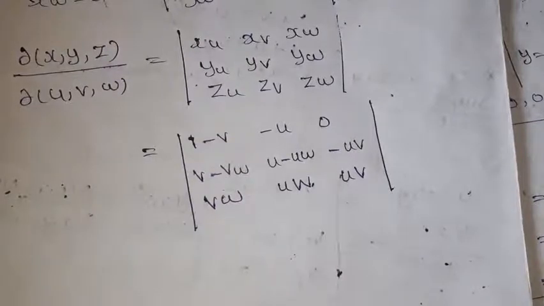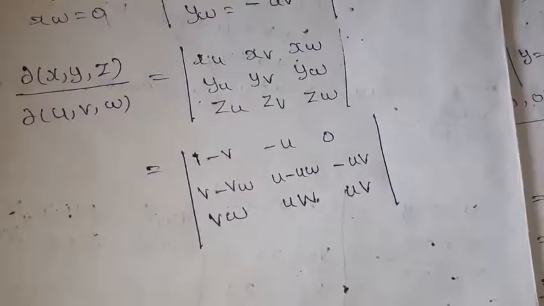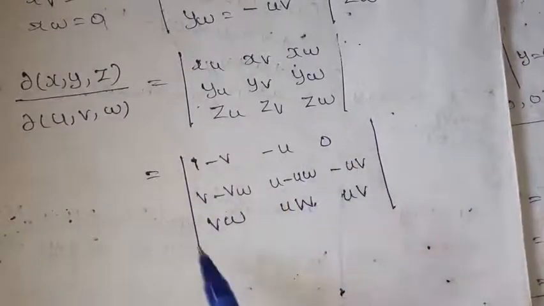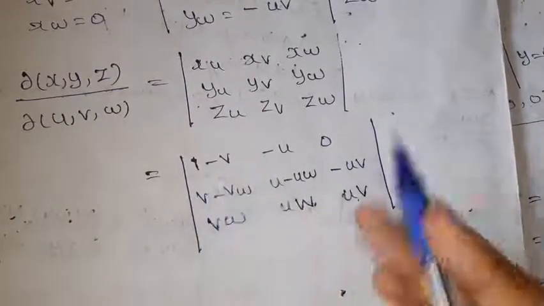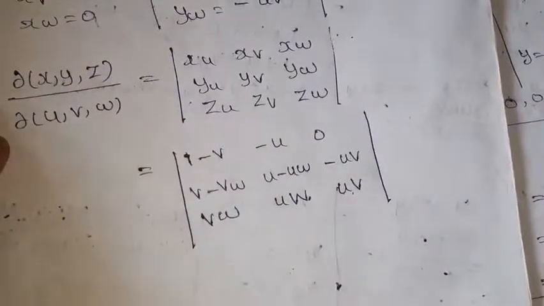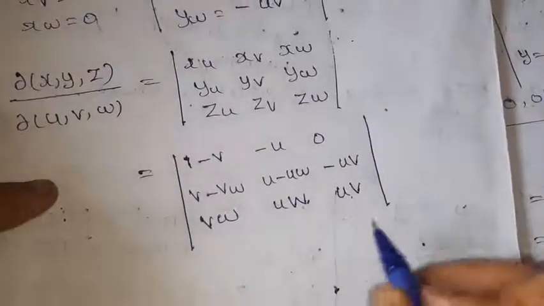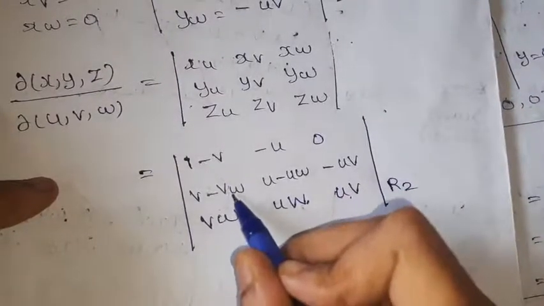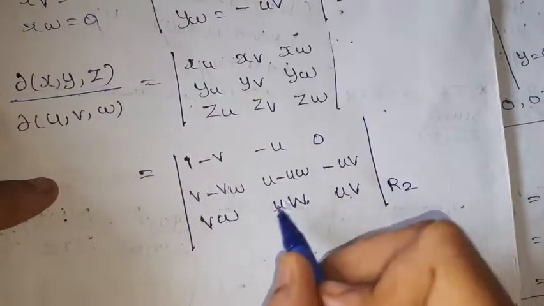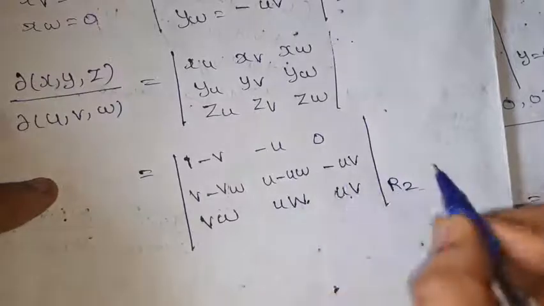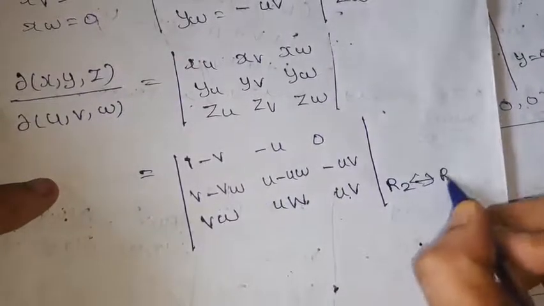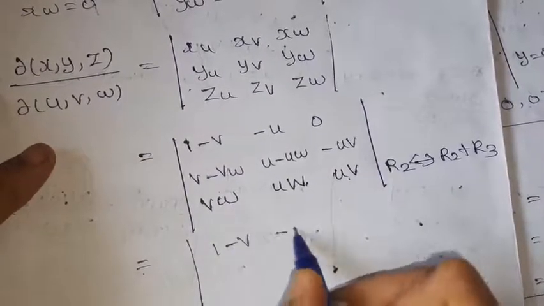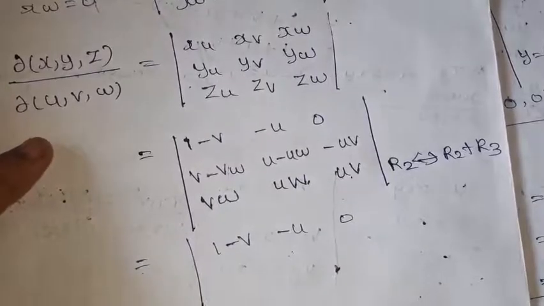This is a very big, complex determinant, because when we take the determinant we need to multiply inside, and this is also very large. This becomes very lengthy. Before that we need to do one simplification. See R2 and R3. When we add R2 plus R3 in R2, R2 equal to R2 plus R3. We need to reduce before finding the determinant to simplify our process.